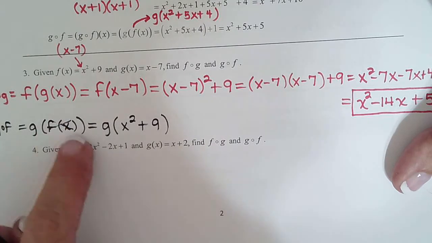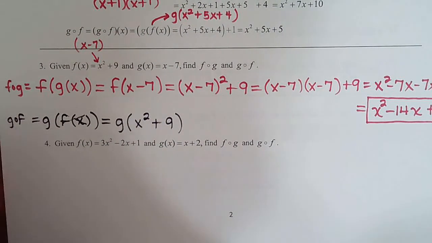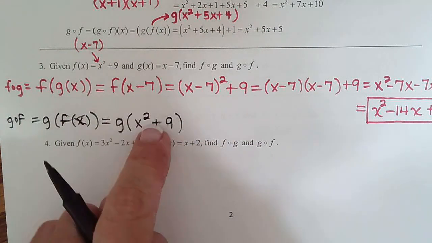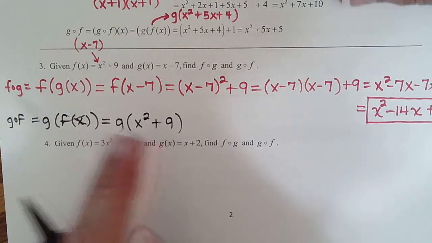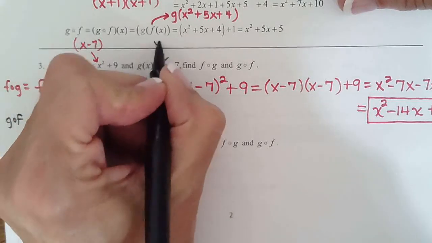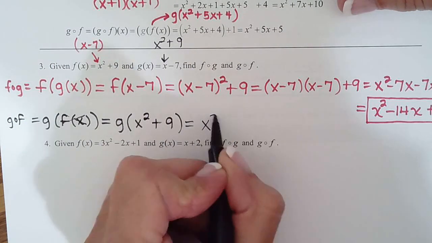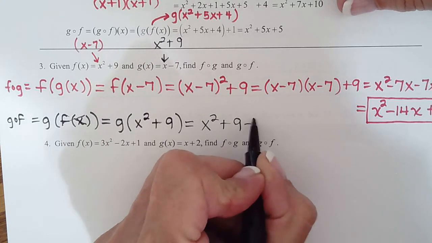So take whatever's inside out, replace it with what it is, and now you go into g, and wherever you see an x, you're going to plug in x squared plus 9. So this is x squared plus 9 minus 7, which is x squared